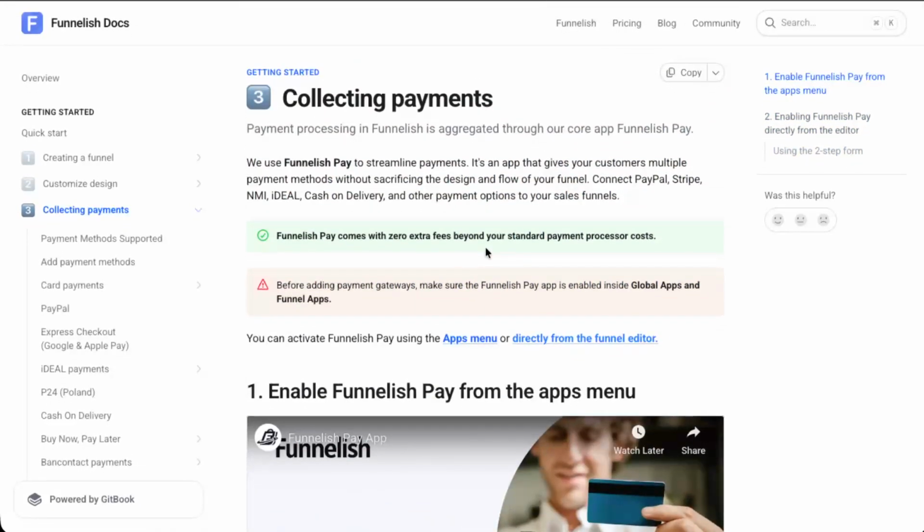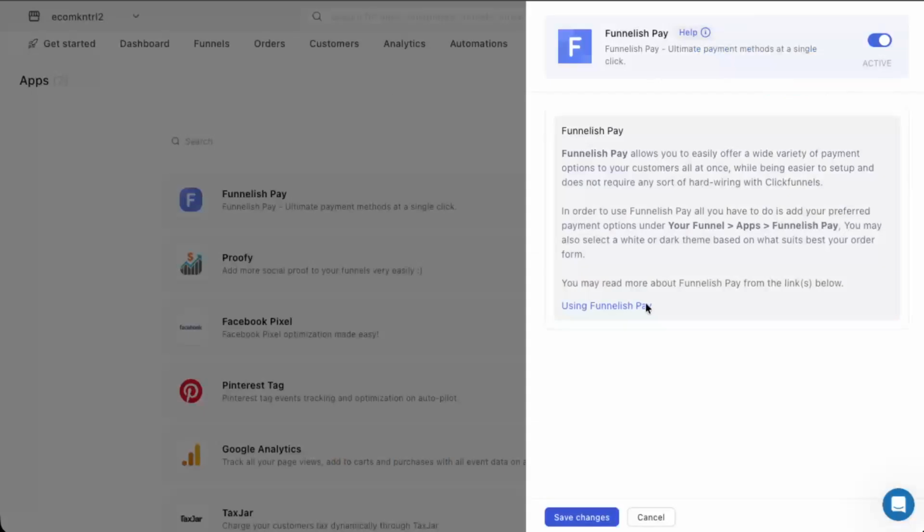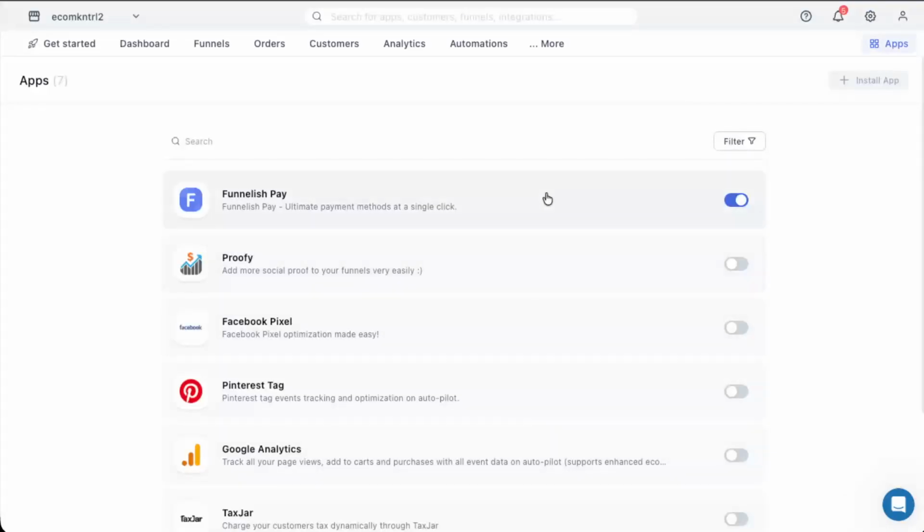After you've reviewed the Using Funnelish Pay section and made any necessary changes or selections, scroll down to the bottom of the page and click on Save Changes. This is crucial. If you leave the page without saving, your adjustments will not be applied, and Funnelish Pay might not work correctly on your checkouts. Once your changes are saved, you're done. Funnelish Pay is now installed and activated,